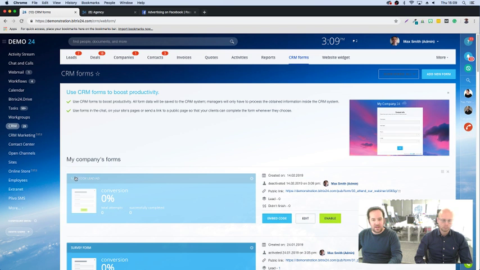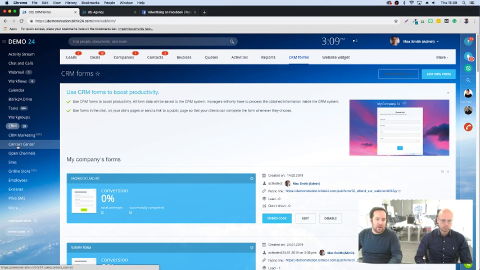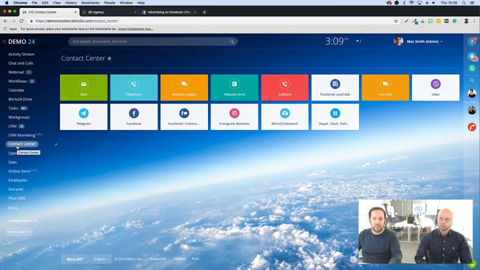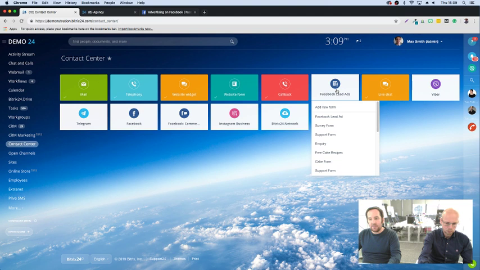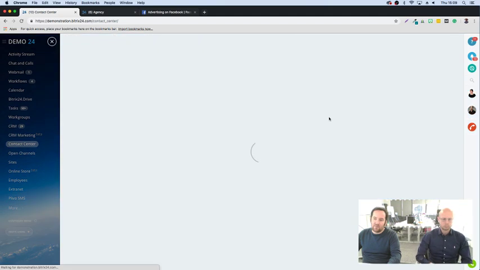And then, so you can see here, Facebook lead ad. We're going to click on Enable, so the form has been enabled. And then let's go back to the contact center. What we're going to do is use that form in one of your Facebook ads. So we click into here, and you can now see that we have the form that we've just created available. So if I click on Facebook lead,